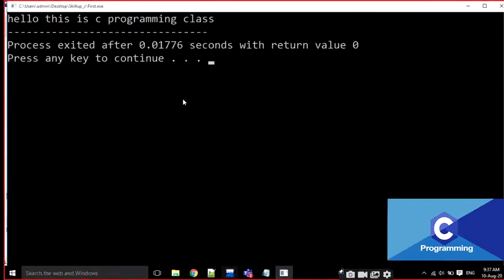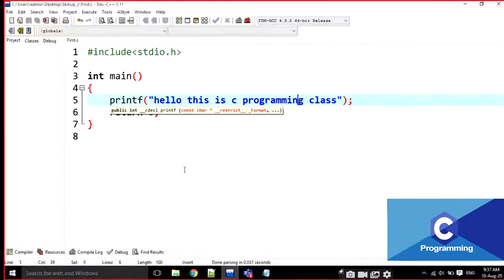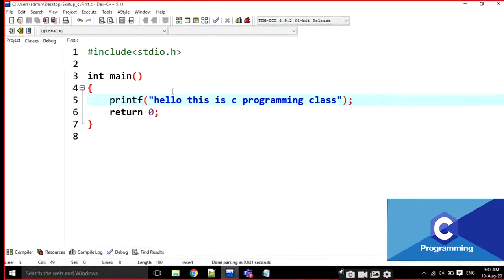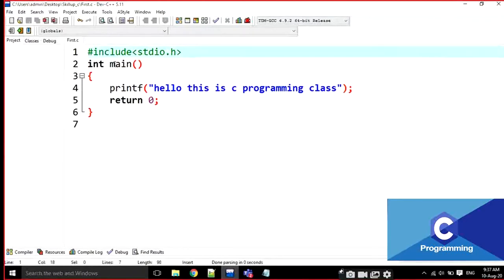It is going to print "This is C programming class." That's it. With what statement am I going to print the line? Using the printf function here. Note down everyone, the first program, the basic program, the simple program, is to print something on the console.